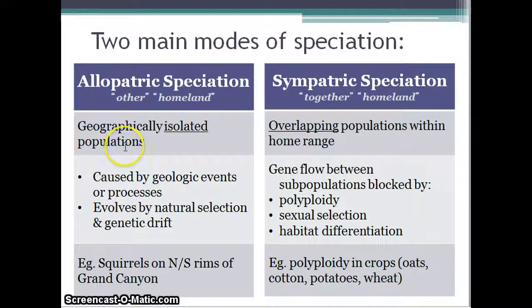So allopatric, basically they are isolated from each other. Remember what I told you guys at the beginning, that they don't live in the same place. They're going to have this long distance relationship going on. Eventually, because of that geological barrier, they become their own individual species. Okay, so you can kind of think of